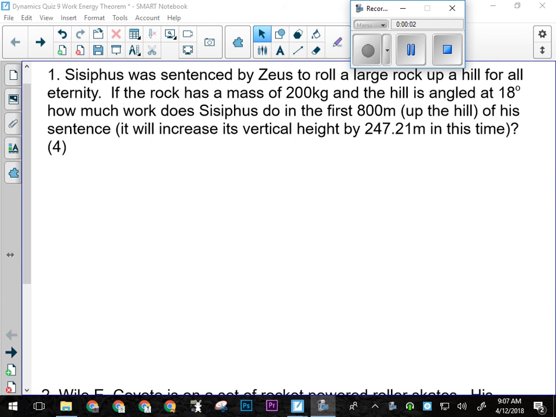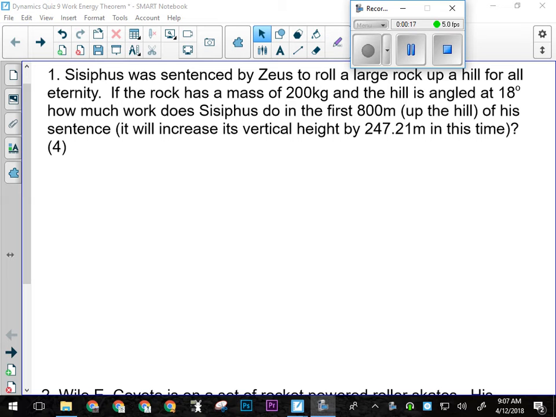All right, so these two questions are quite a bit easier than the ones we were doing yesterday. They only involve a change in one type of energy, like they're basically Science 10 questions, where one involves a change in kinetic and the other involves a change in potential energy.